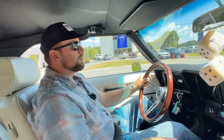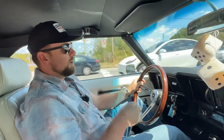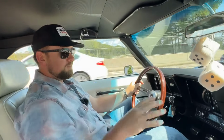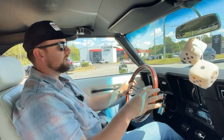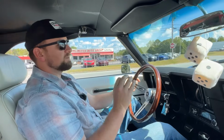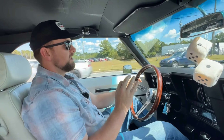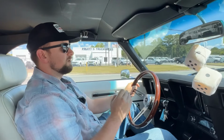All right, guys, we're out cruising in the 69 Camaro, and guys, this thing drives like a brand new one with the big block crate motor, the 5-speed Tremec transmission, the Detroit Speed suspension, the modern 6-piston Baer brakes. This thing drives like a brand new Camaro, guys. It is phenomenal. And you can definitely tell that they used high-end parts when they built this car just by